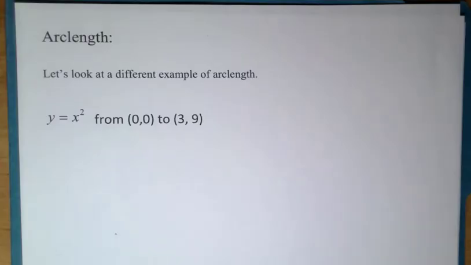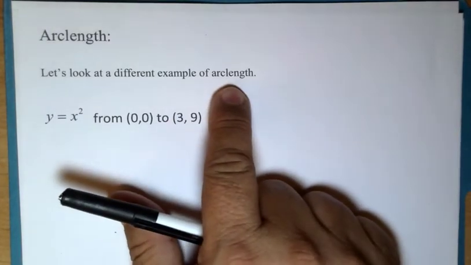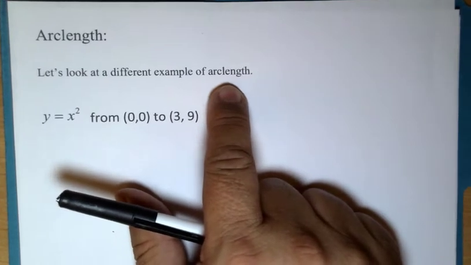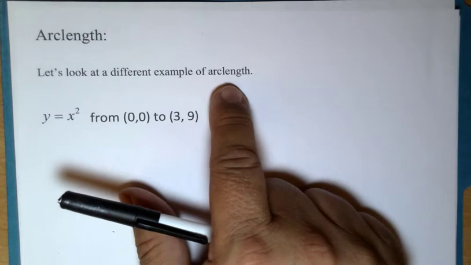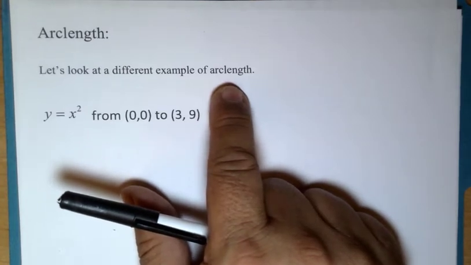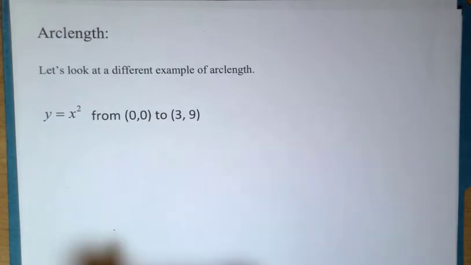As we near the end of our unit on vector valued functions, I'm going to take a look at an example that might have been covered in a second semester calculus course, but we're going to look at it from a vector function perspective. So we're going to do an arc length calculation, and to calculate the arc length we are going to use the formula that the book's been generating for us,